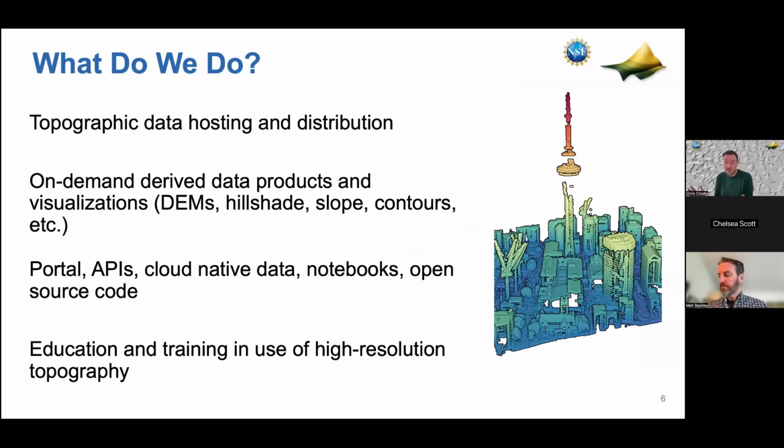So what we primarily do is topographic data hosting and distribution. So this is probably how you found OpenTopography in the first place, is you used it to get data for some spot you were working on. And the kind of magic of OpenTopography, the thing that has made it a little bit different than many other geospatial data clearinghouse type environments, is this ability to build processing workflows in a web browser. So to produce derivatives from relatively raw, relatively large volume topographic data sets and spit out the thing you actually need to do your research or your project. So that could be making a custom digital elevation model. It could be producing contours of topography. It could be just looking at the data in a quick and easy way.